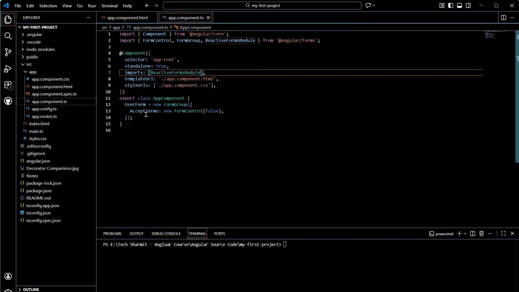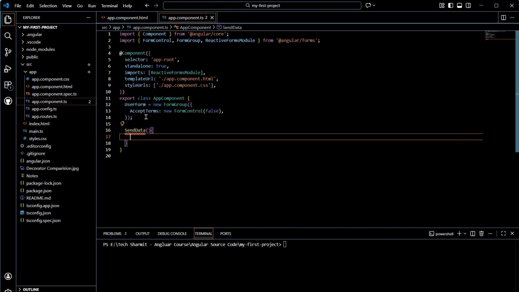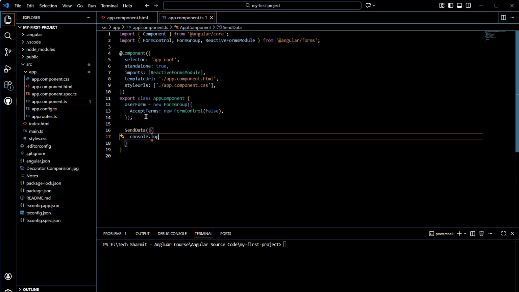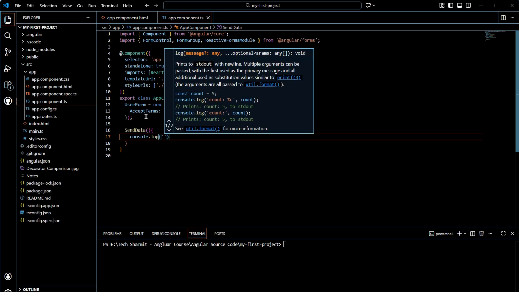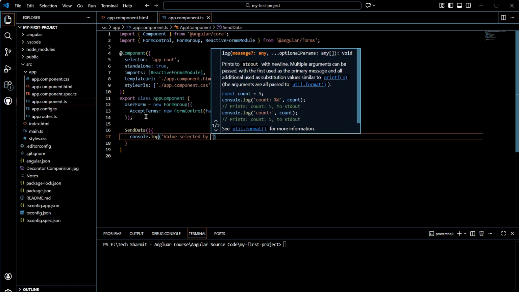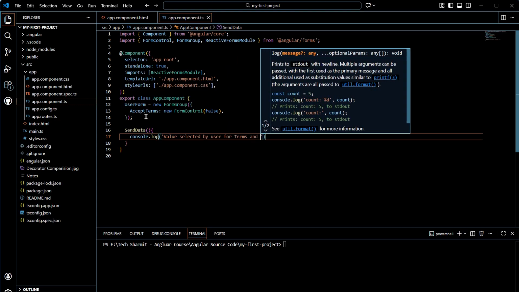So for that, let's firstly declare the method. So here I will define sendData method, opening closing parenthesis, curly braces. Inside this I will write console.log, opening closing parenthesis, then single quote. Inside this I will write value selected by user for terms and condition